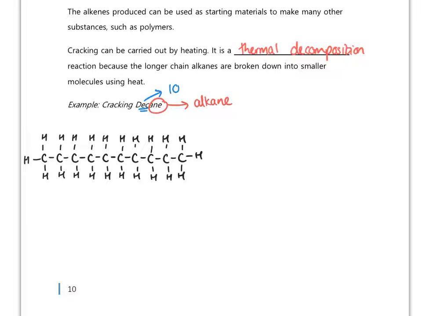So let's think what the formula of this is. Well, we know we've got 10 carbons, so it's going to be C10. With your hydrogens, you can count them all up. You can see that you have 10 at the top, 10 at the bottom, and 1 each side. Or you can follow your general formula, which, remember, for alkanes is CnH2n+2. So if n is 10, then 2n is 20, plus 2 is 22. You can count your hydrogens up to check that you have a total of 22 hydrogens: 10 along the top row, 10 along the bottom, and 1 to the left, 1 to the right, that's 22.